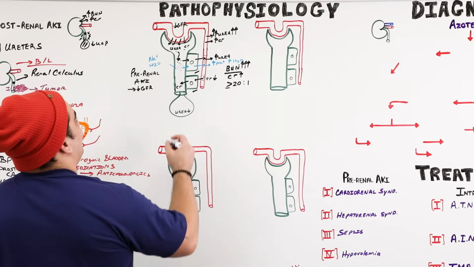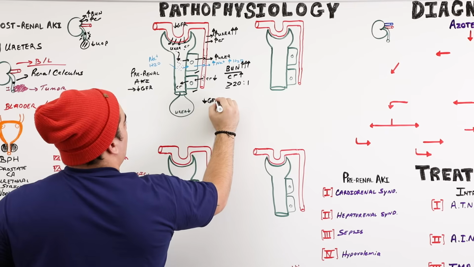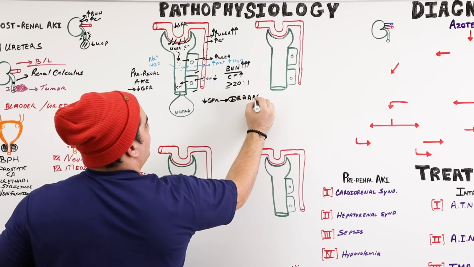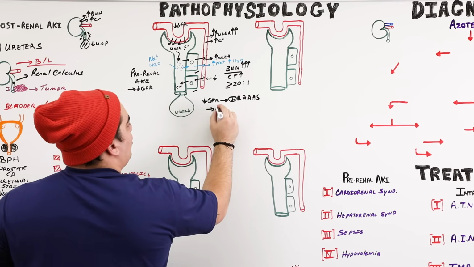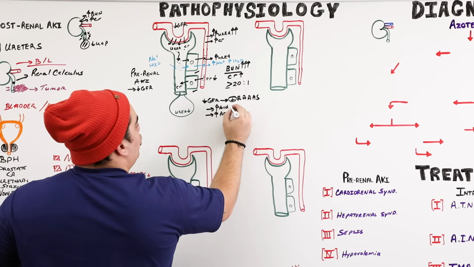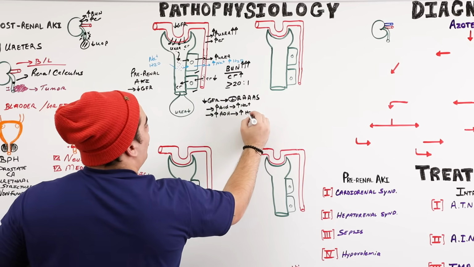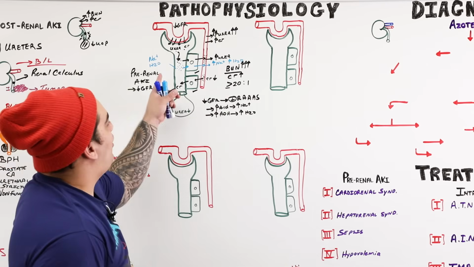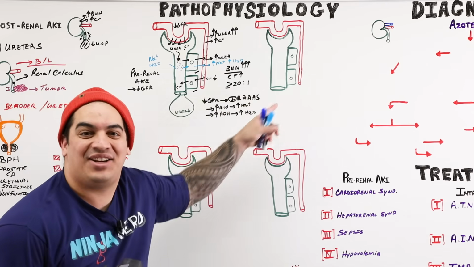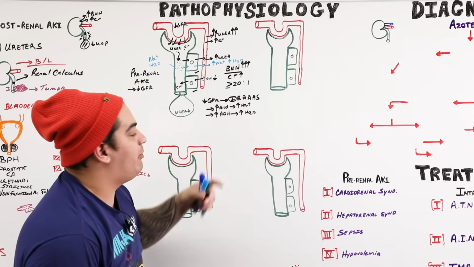And so what happens is this low GFR will trigger a stimulation of the renin-angiotensin aldosterone ADH system. And you know what happens whenever you have an increase in aldosterone and an increase in ADH? You reabsorb your sodium into the blood and you reabsorb water into the blood. So not only are sodium and water following urea during reabsorption, but the renin-angiotensin aldosterone ADH axis is being stimulated because of the low GFR, triggering sodium and water to be reabsorbed.